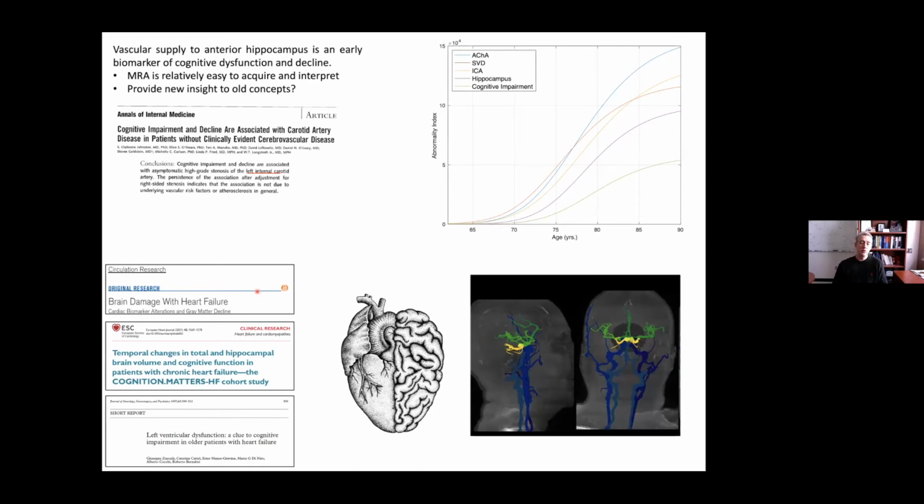And so we're quite happy to see a lot of recent papers coming out now where we're starting to analyze brain images, but always keeping the heart nearby. So these are studies that look at patients with heart failure and how heart failure can selectively damage the hippocampus, just by chance, because the hippocampus is being fed by the ICA. And so now we're in collaboration with Harvard Medical School, where they acquire some really nice MRA images that don't stop at the circle of Willis, but go all the way down almost to the aortic arch, which will allow us to do a full analysis of the heart and brain.